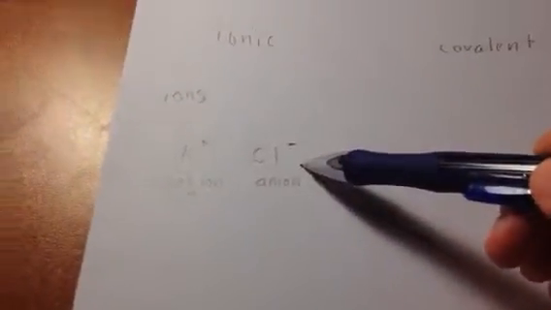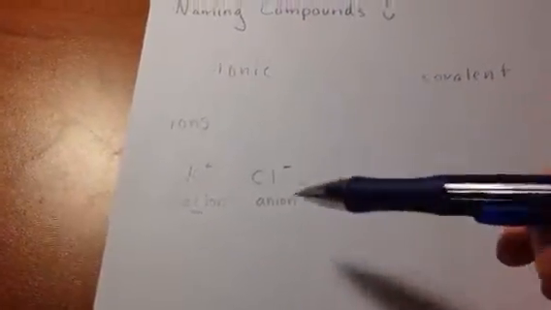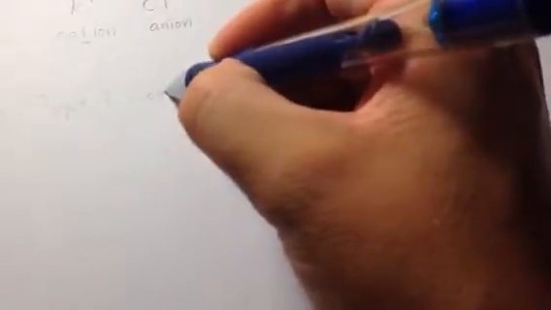Alright, so when you have compounds that are formed by two different ions coming together, those are known as ionic compounds. And there are two different ways you name them. The first kind we're going to talk about are type 1 compounds. And what we'll see sets these compounds apart is that it depends on where the atoms are coming from